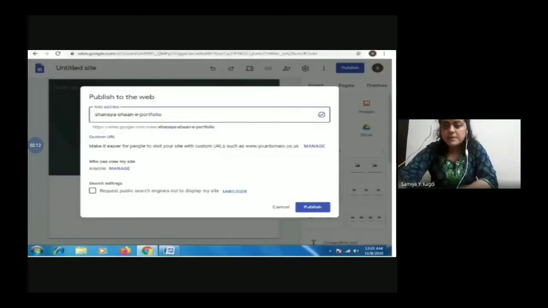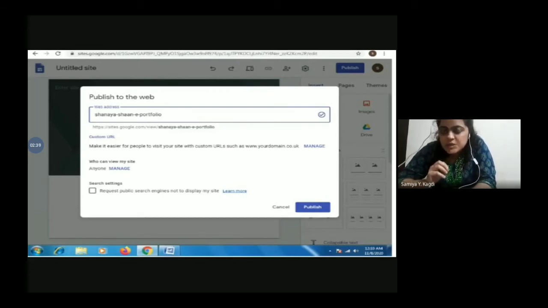This is very much necessary to understand: here they are asking to publish to the web. It means if you want to publish something to the web, in what manner you have to write your name, or you want the public to see your name. Here, see an example I have written, Shanaya Shan hyphen e-portfolio.